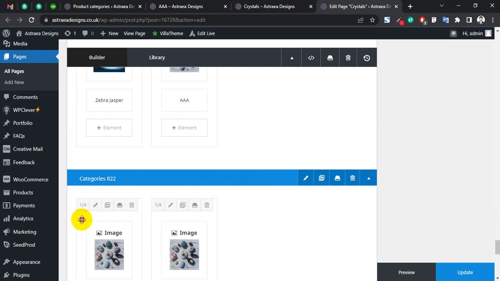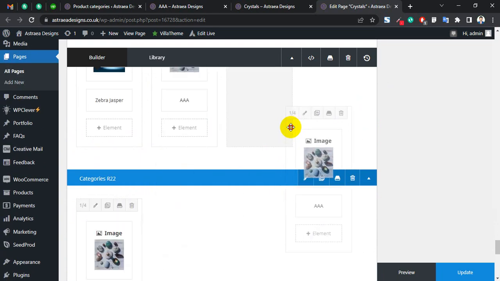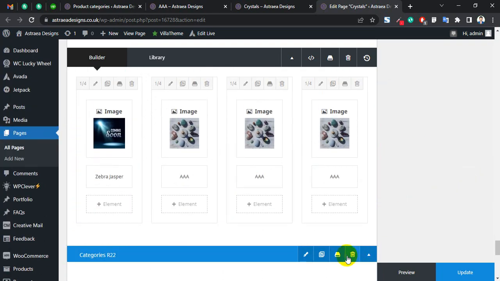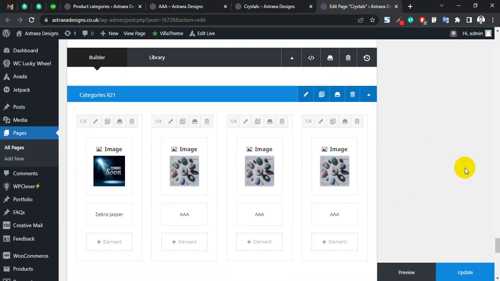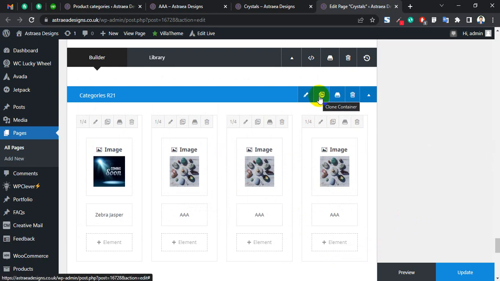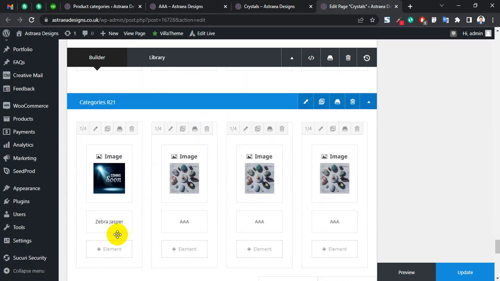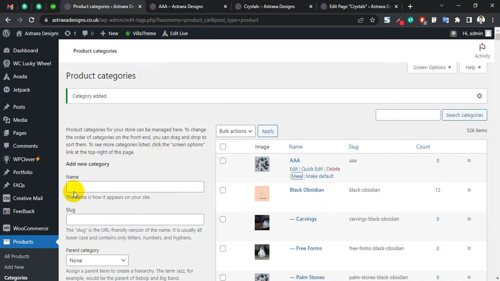Simply click on it and drag and drop. You can clone the full container. Click on it, it's been cloned. So if you wish to add more new categories, simply go here, add new category,